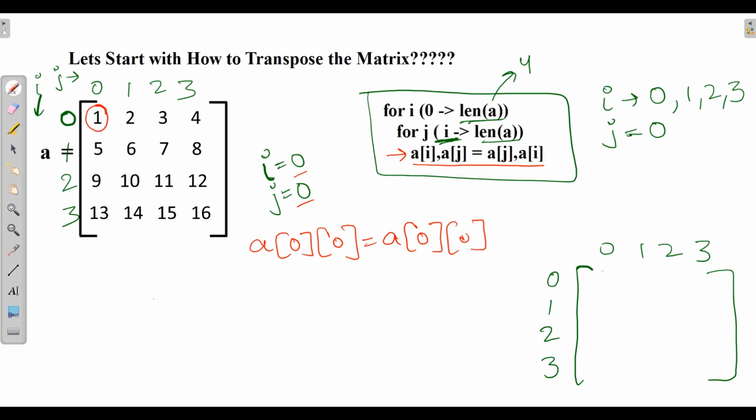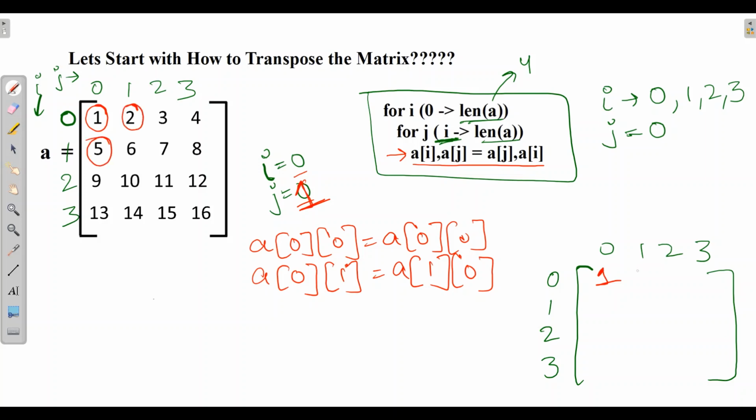So this one will come here. Now J will be 1. So A01 will be swapped with A10, that is, this 2 will be swapped with 5. So here we will have 5 and 2.